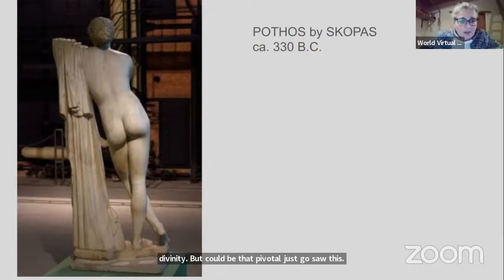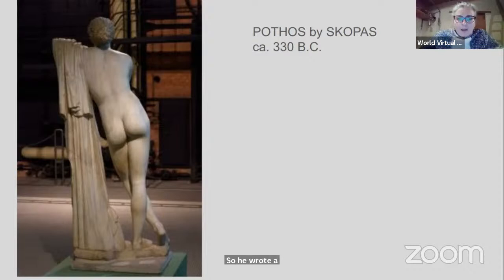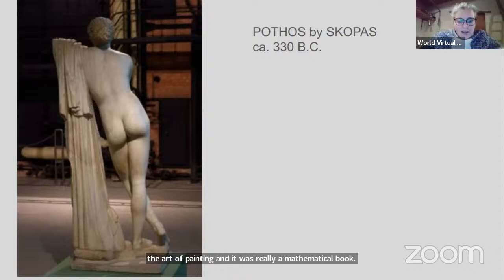We know that in the 15th century they were all looking at and studying classical architecture and classical sculpture in order to arrive at these ideal proportions. Piero della Francesca was a mathematician. He was a theoretician, so he wrote theory books about the art of painting. And it was really a mathematical book. It was not about how to hold the brush, but how to get your lines and your perspectives right, for example,